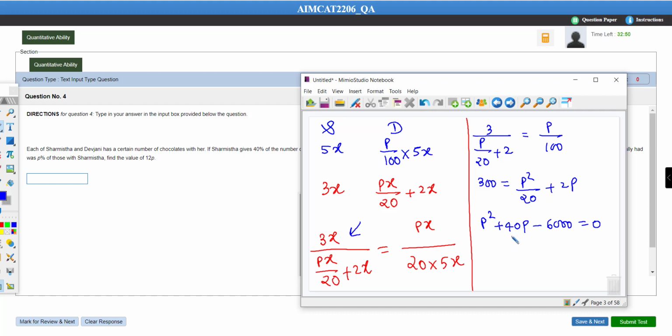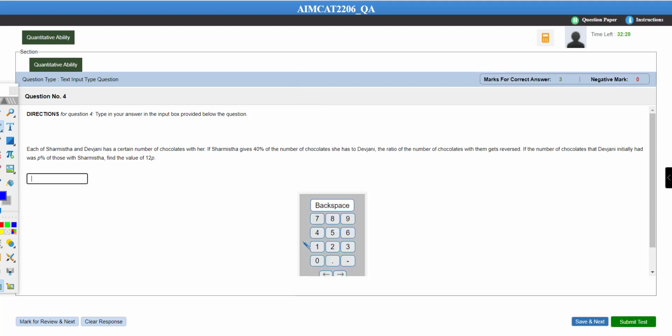So the roots are very easy to find out here. This is how much? 140. Okay, sorry, 160. So 160, the negative sign goes to 100. So from this we come to know that P is equal to 60. We want to find the value of 12p, means 12 into 60 we want to find. That is equal to how much? 720. So let's mark 720 as the answer here, and let's move ahead.